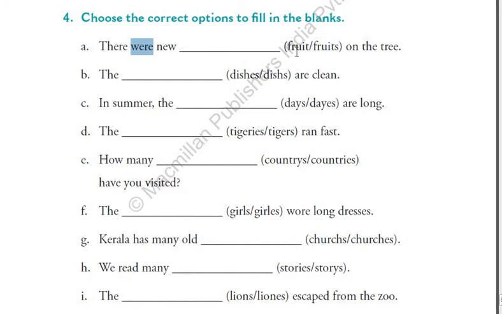So obviously fruit is incorrect answer. So the correct answer is fruits. So you have to write here fruits, because fruits is the correct answer. So the sentence will be like, there were new fruits on the tree. Correct? This will be the correct option. Similarly, let us solve the sentence B. The question is,